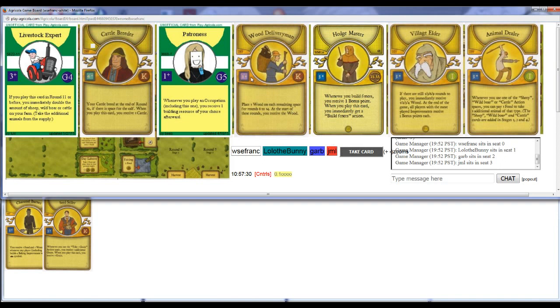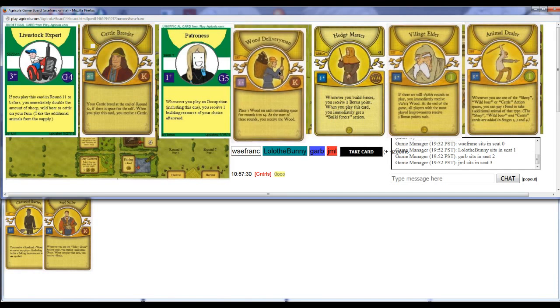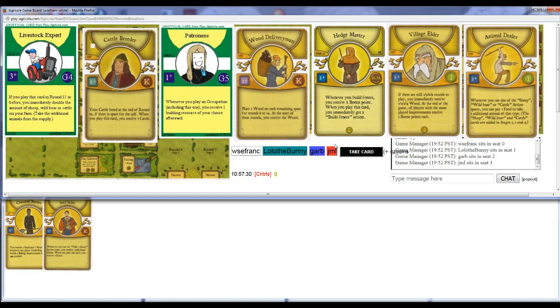Okay, wow, great cards here. Patroness, very good. Hedgemaster, very good. Village Elder, very good. Wood Deliveryman, pretty good. Animal Dealer, pretty good. Cattle Breeder, pretty good. Quite a strong pile. I think I'm going to want to take...